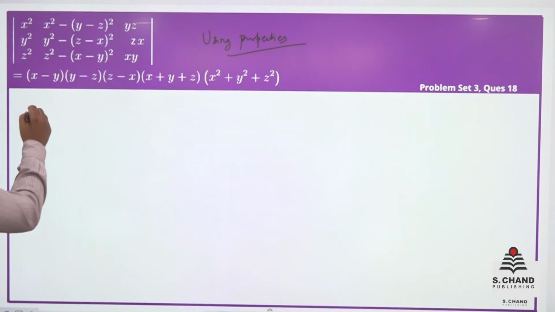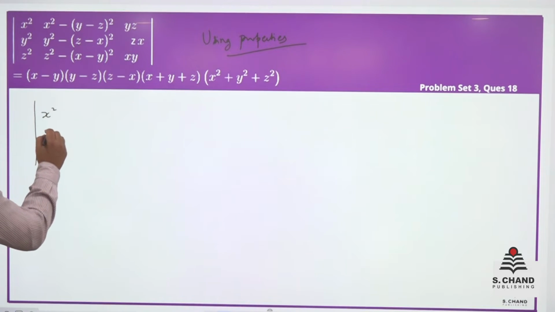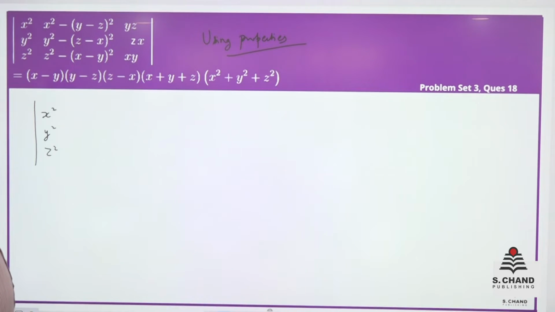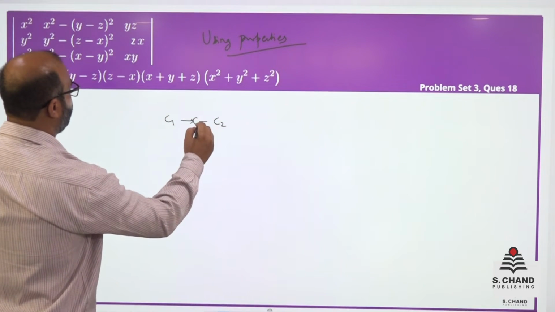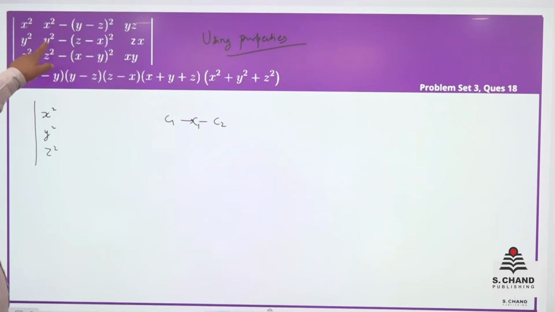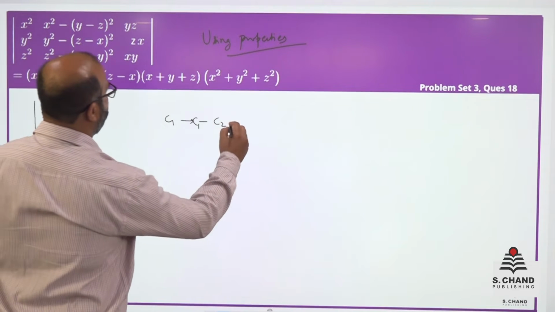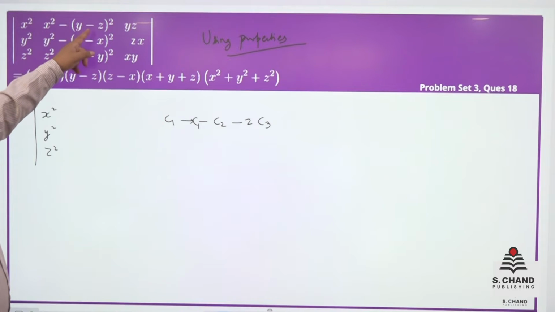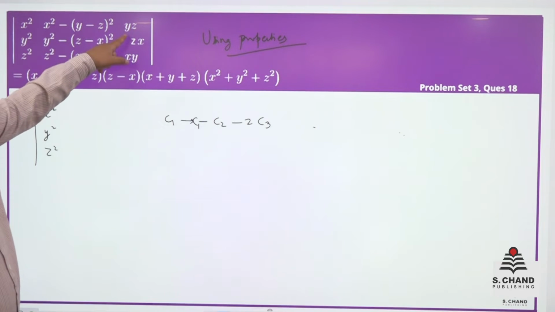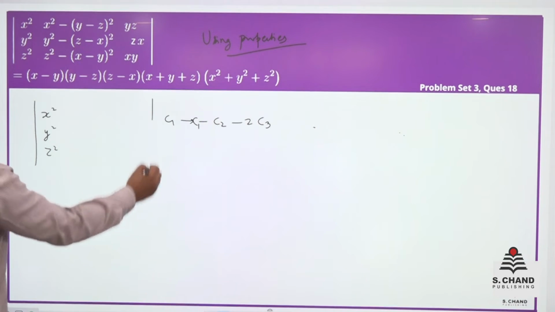Here x square, y square, z square, and let us write column 1 as column 1 minus column 2. So x square will get cancelled, here y square will cancel, z square will cancel, and further minus 2 times of column 3. So when you expand y minus z whole square, y square plus z square minus 2yz into minus is plus 2yz, and minus 2yz will be 0. So this will be